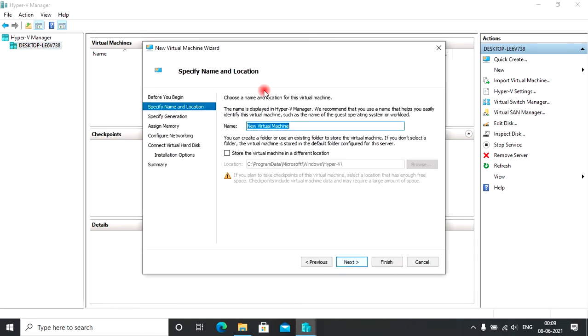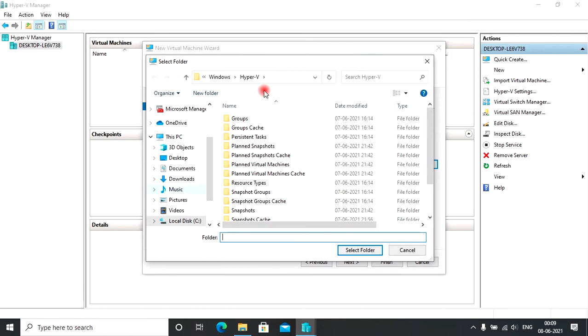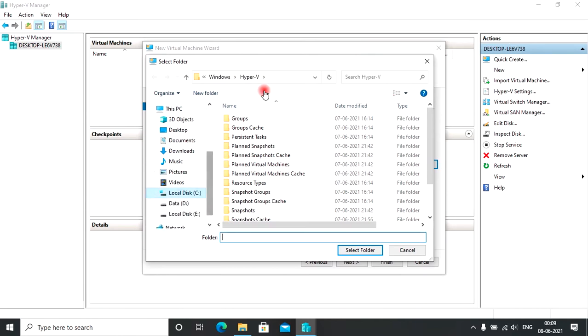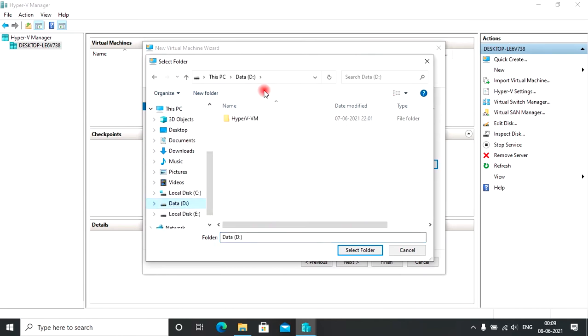Next, I will give the virtual machine name here. I will tick here and I will provide the path of my local system to save the virtual machine. Select folder.